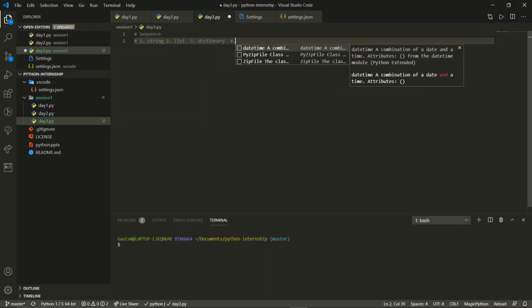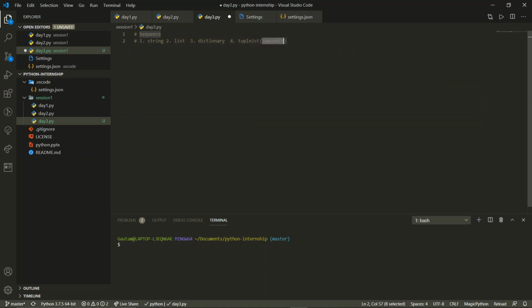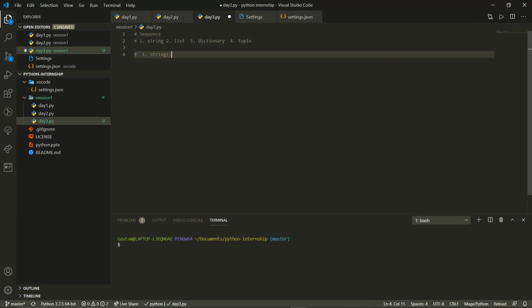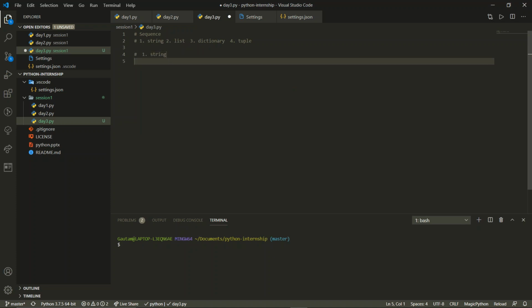And number 4 is tuple. Okay. Now we'll start with the string. Documentation is very, very important always. You always remember this because after 1 month or 2 months, you will always forget.